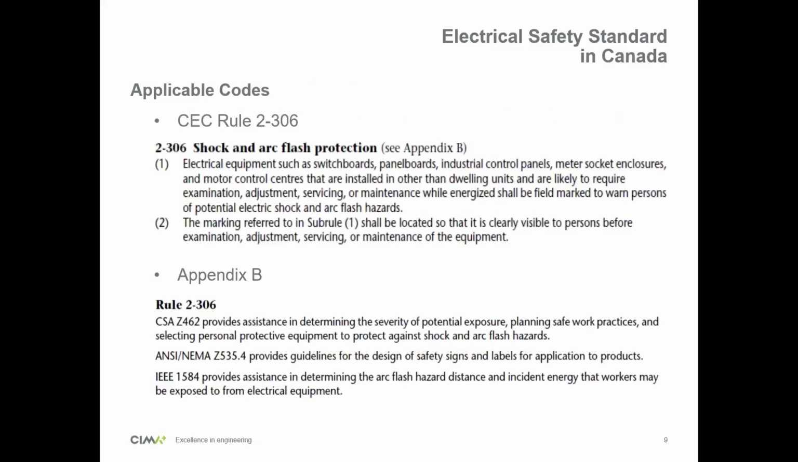So where is CSA Z462 called in the Canadian Electrical Code? It's called in Rule 2306. Basically, the rule says that for shock and arc flash protection, electrical equipment such as switchboards, panel boards, control panels, enclosures, and MCCs that are installed other than in a dwelling unit and are likely to require live work, and live work can be examination, adjustment, servicing, or maintenance, shall be field marked to warn persons of potential shock and arc flash hazard. And subrule 2 says that it shall be located so that it is clearly visible to persons before live